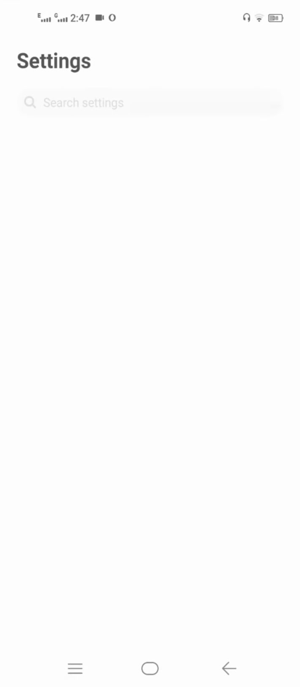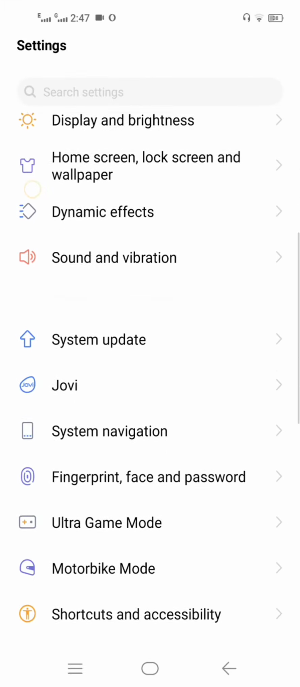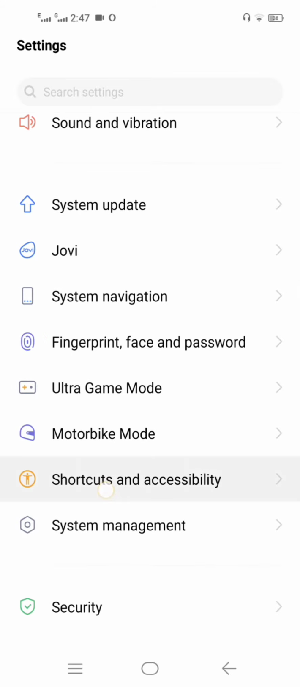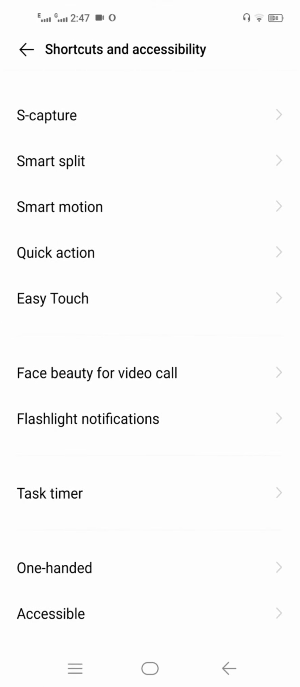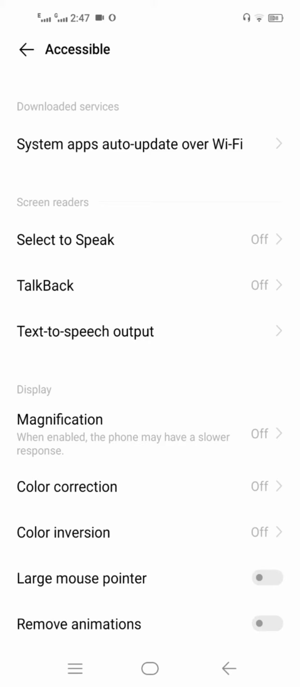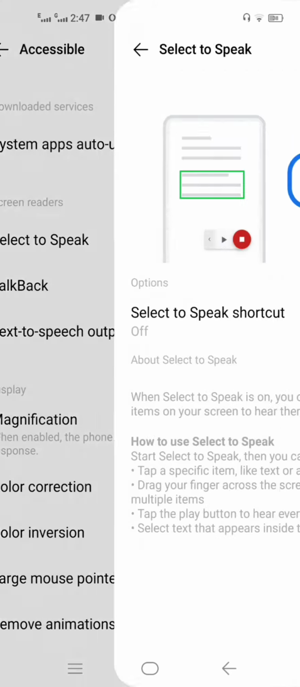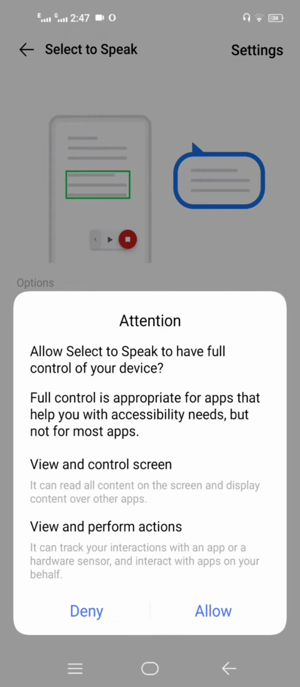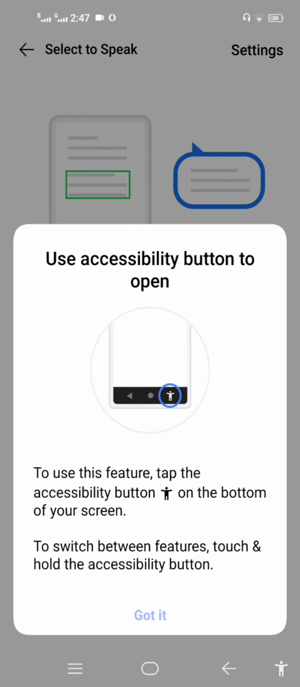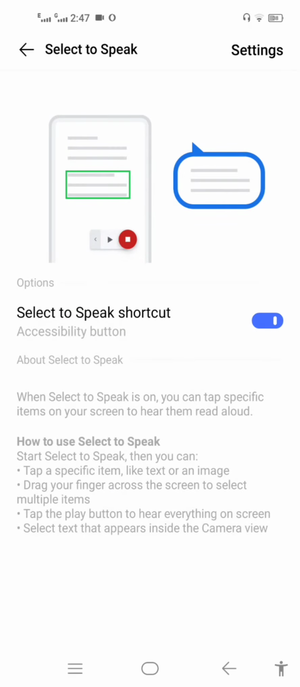Go to settings. After that, in settings, you can see shortcuts over here. You can click over here, and after that accessibility, and you can see the first option, select to speak. Go and turn this on. Click allow. Got it. And as you can see, a small icon comes over here,